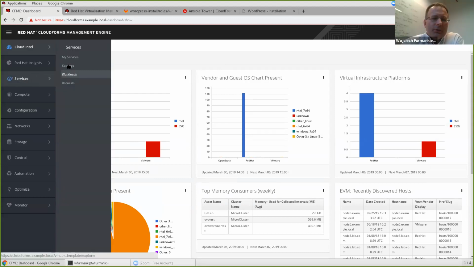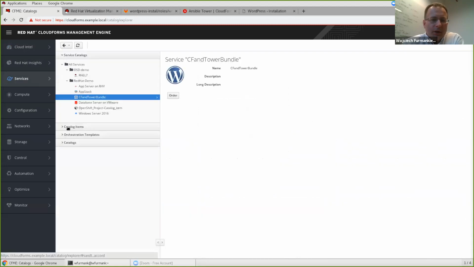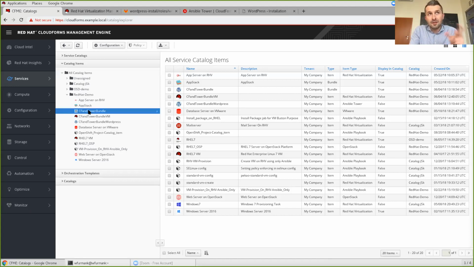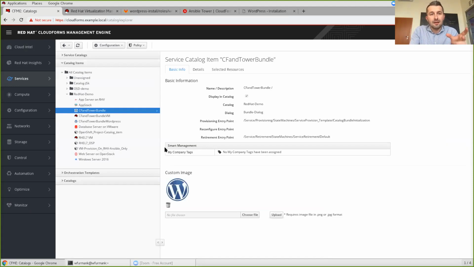Exactly. So let me show you what the definition of the service looks like, right? We have a service item. Okay. This is our service bundle. Actually, we have items. One item is one virtual machine, or more, which are run from the same template. So we don't see the VM level, we see the service catalog level, yes? That's gathering the many VMs into the service, okay?